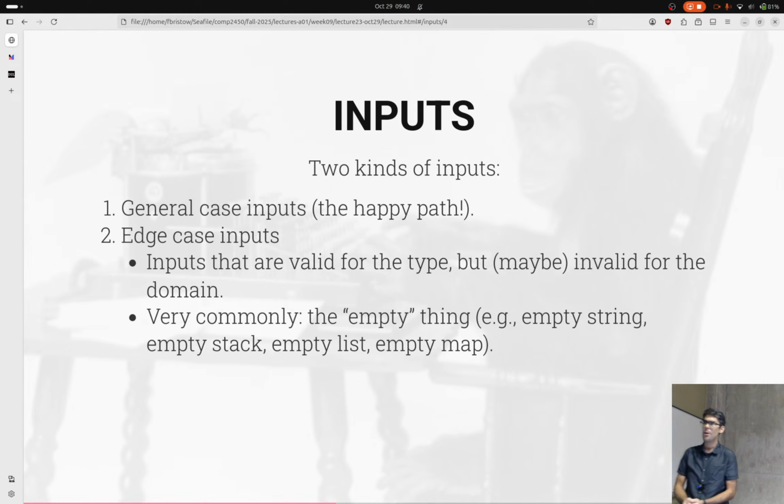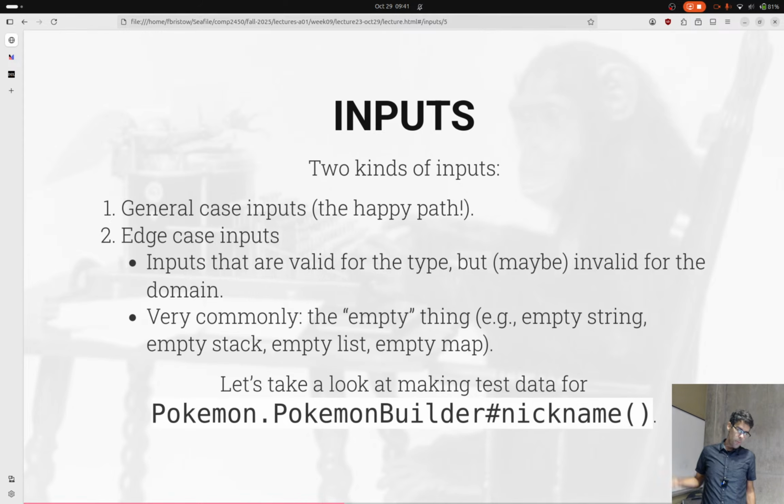For the stuff that we're working on right now in class, the edge case for us is going to be the empty string. It's also going to be the data that sits right alongside the valid and invalid boundary. So if we have negative numbers versus positive numbers that we're expecting, an edge case might be 0 or -1 or 1, right up to the edge of what is considered to be valid for the test data that we're working with. I would like to take a moment here to start creating some test data,